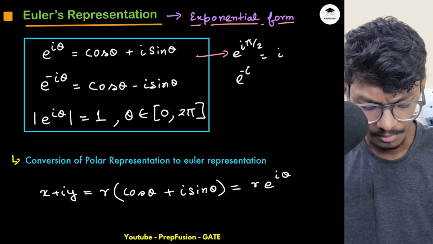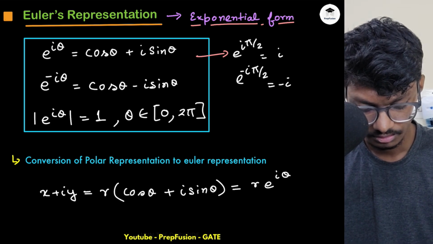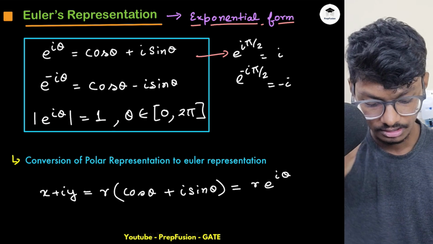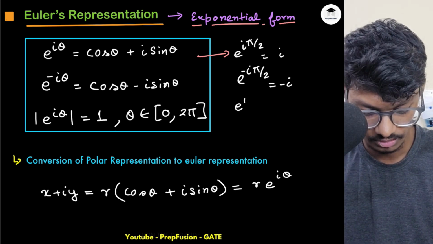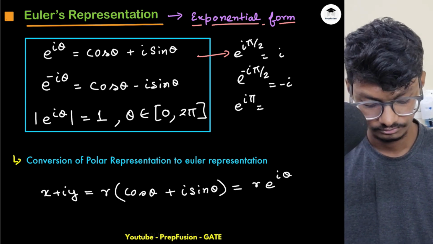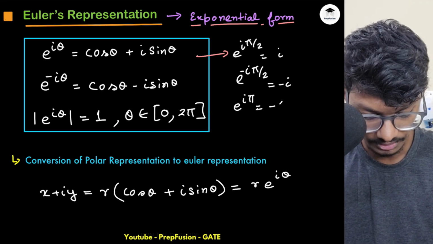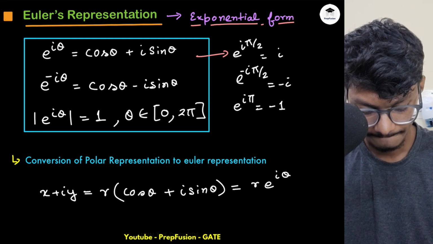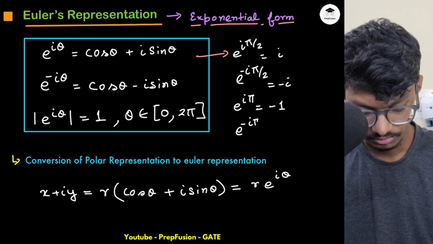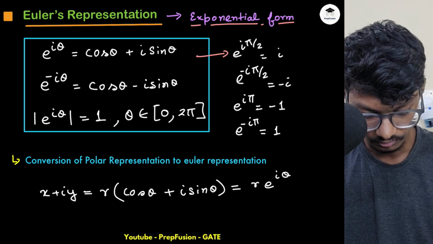e raised to power minus i pi by 2 is minus i. Then what is e raised to power i pi? Cos of pi is minus 1, sin of pi is 0, so it will be minus 1. And e raised to power minus i pi is also minus 1. Okay,